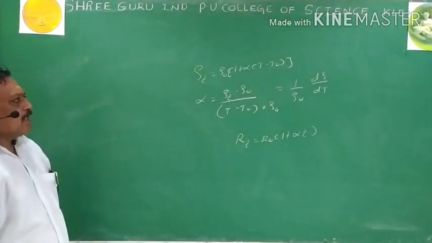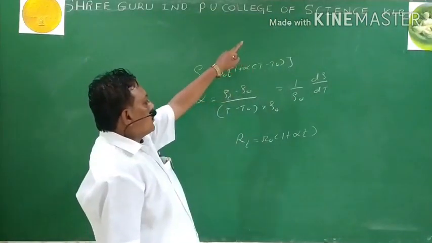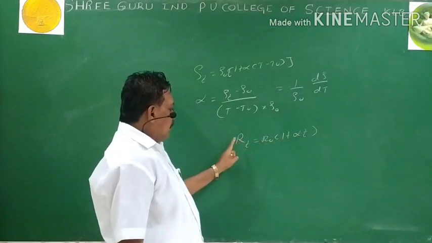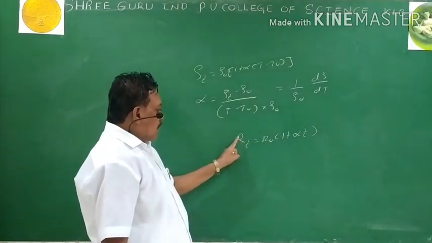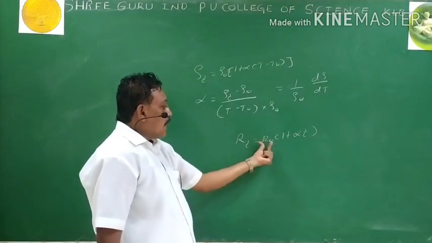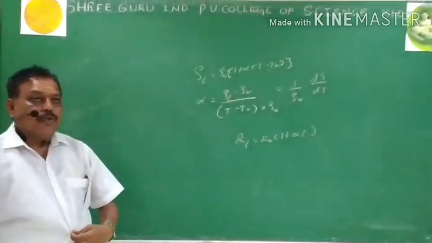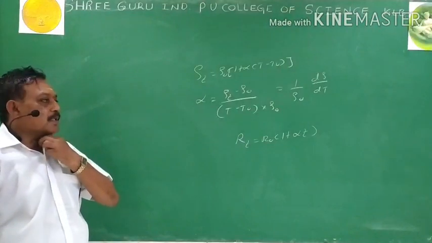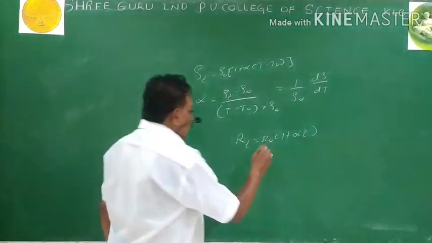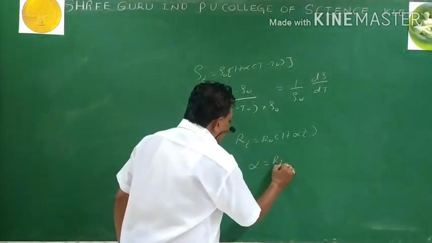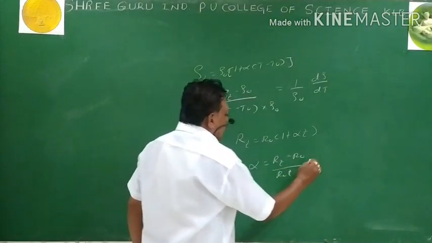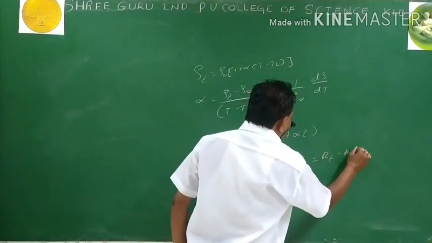So we can write T minus T naught. When T naught is 0 degrees centigrade, it is replaced by T. The resistance of the conductor at temperature T equals R naught into bracket 1 plus alpha T. This R naught is the lower resistance, that is, the reference resistance at lower temperature. Again, when we solve this equation, we have alpha equals RT minus R naught divided by R naught into T. Then we made the simplified version to give the definition.